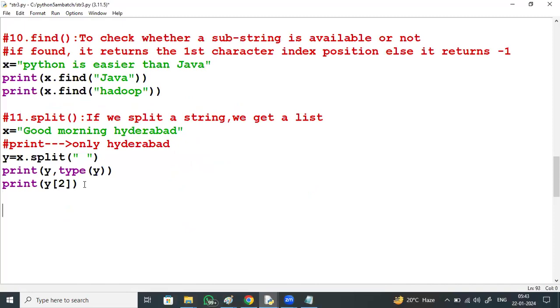One more example. Employee details are like this: employee ID 101, employee name Rahul, designation manager, salary 50,000. Print only name and salary from this.